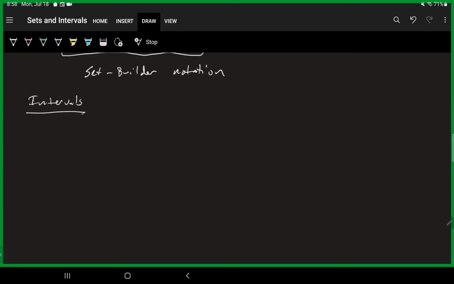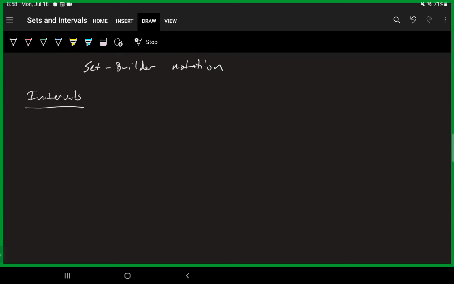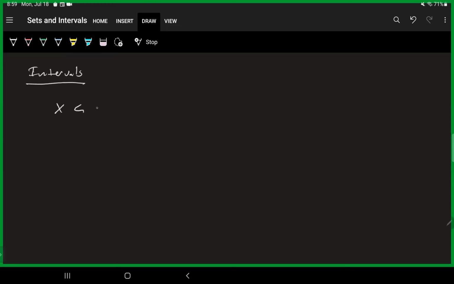Intervals are special sets that contain an infinite number of numbers, and we use a number line or inequalities to represent them. So if I were to say x is less than 2, that would mean all the numbers that are less than 2. And if we stop and think about it, there's a crazy amount. There's 1, there's 0, there's a half, there's 3 halves, and then there's all the negative numbers and all the decimals and all the fractions that we could think of.